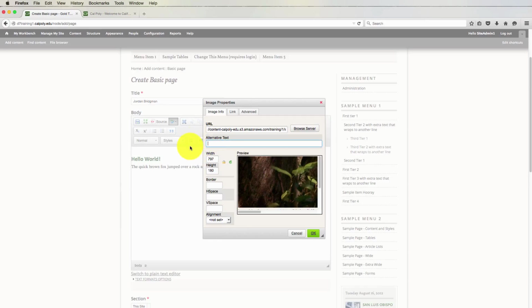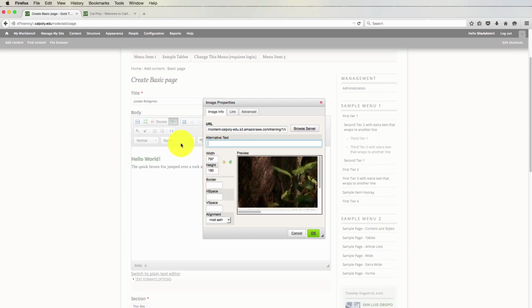There's also a field here for alternative text. This is essentially used as a description for the image in the event that a user is unable to view it. This could be because the user is blind or otherwise visually impaired, or it could be because of some sort of browser error that prevents the image from loading for them. Either way, if for some reason somebody can't see your image, this is all they have to go off of.